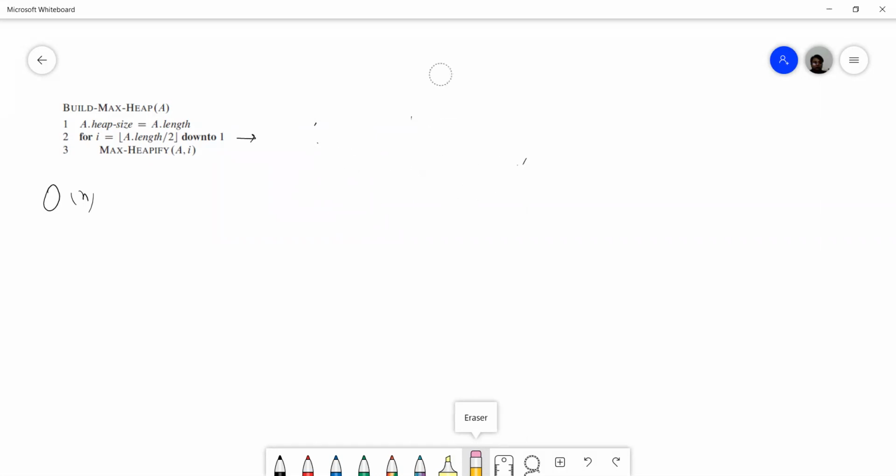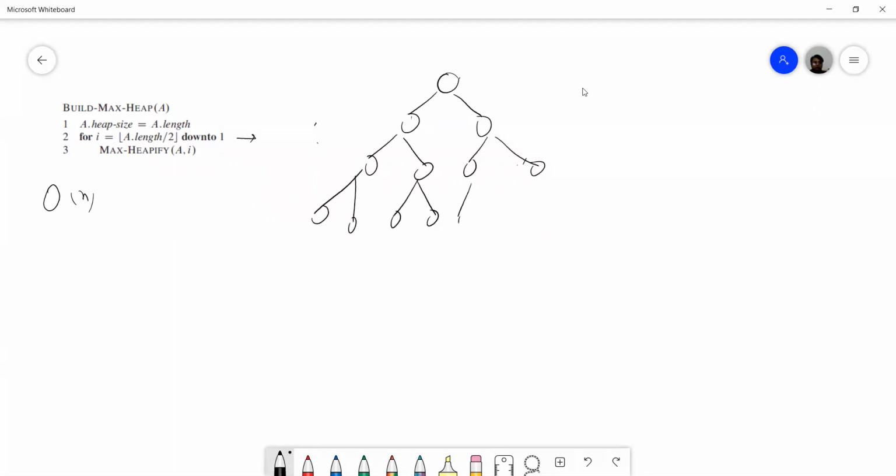Suppose we have a heap like this. So we check the nodes at every level.